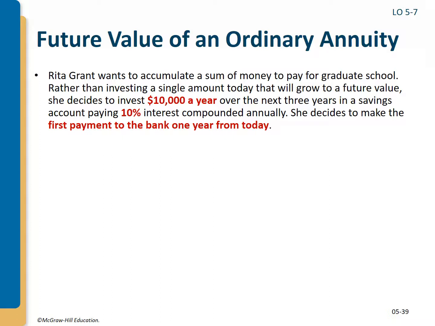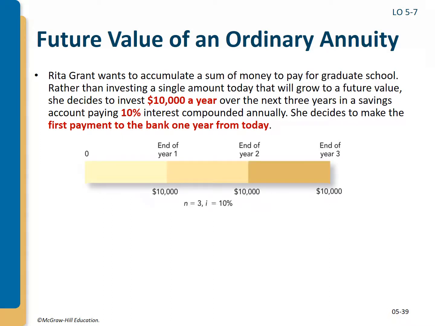At the end of this year, okay? Because today is time 0, 1 year from now is the end of year 1. So what we want to do is say, okay, what are the payments? $10,000 a year at the end of each year. We want to know what those 3 $10,000 payments will be worth at the end of 3 years, assuming there's a 10% interest rate. If you go to, let's see if there's a